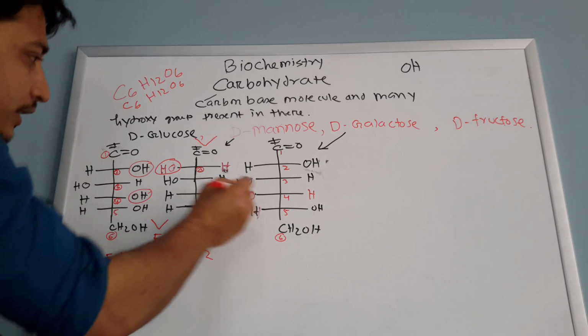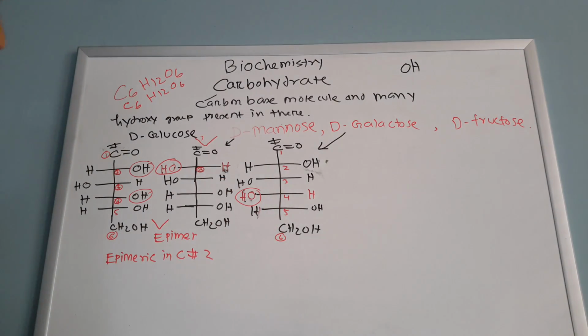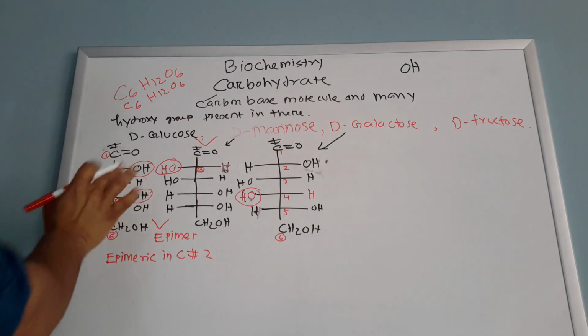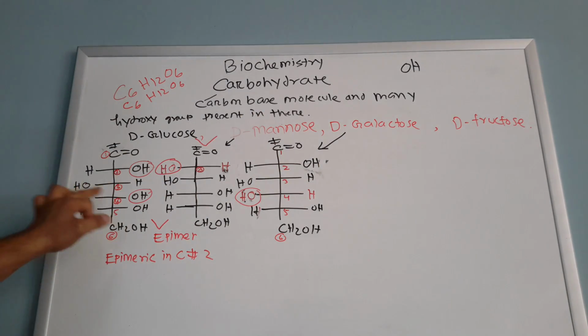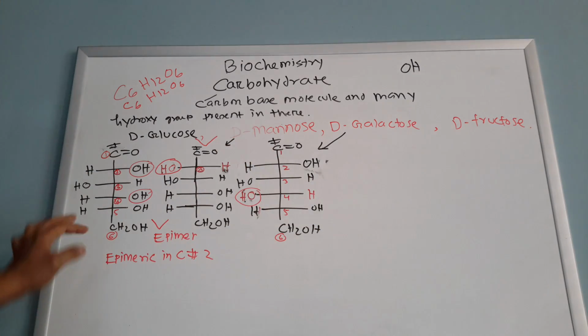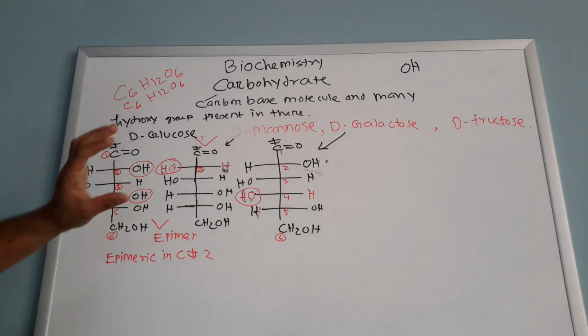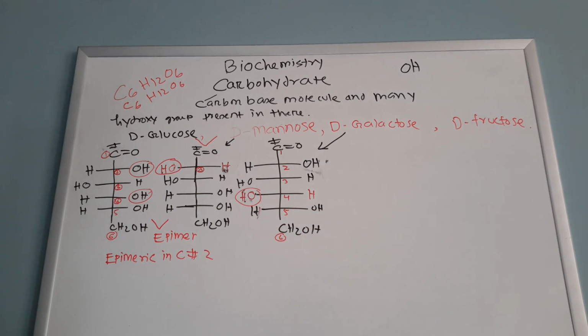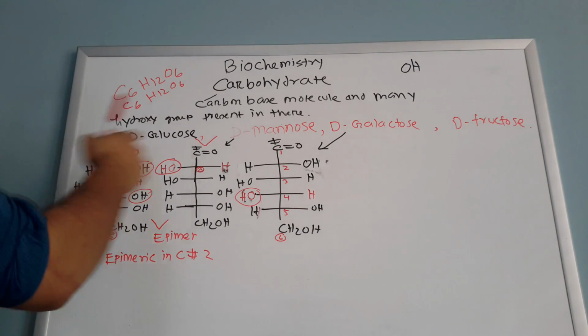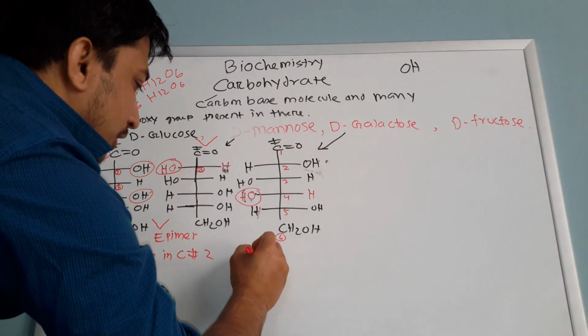This one and this one. The other things are the same as glucose. You see the OH in the same place. This carbon bond is also the same, but only this carbon bond is different. The OH comes on the left side and hydrogen on the right side. So the answer here for D-glucose and D-galactose is that they are epimeric